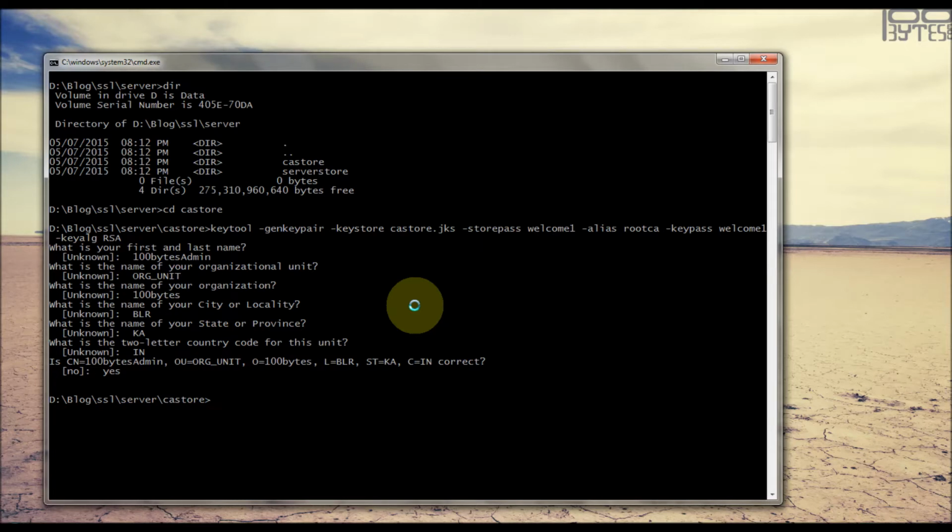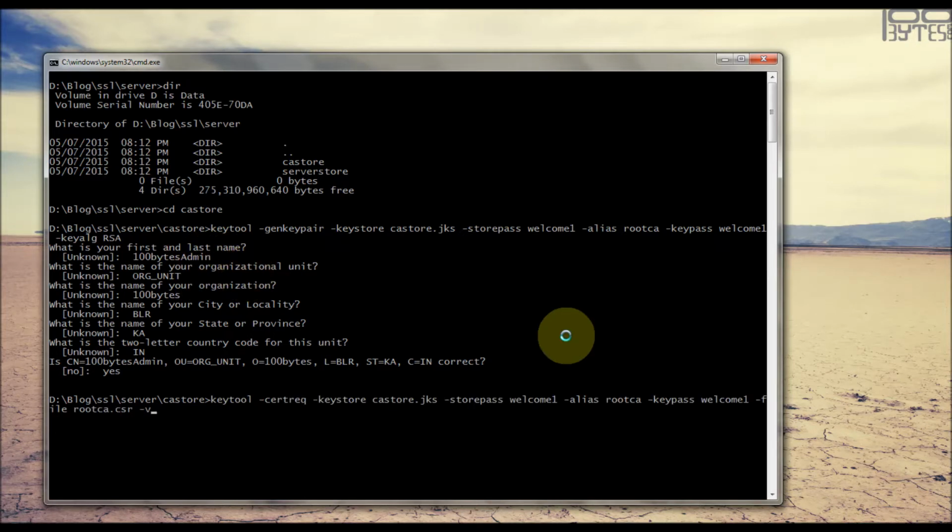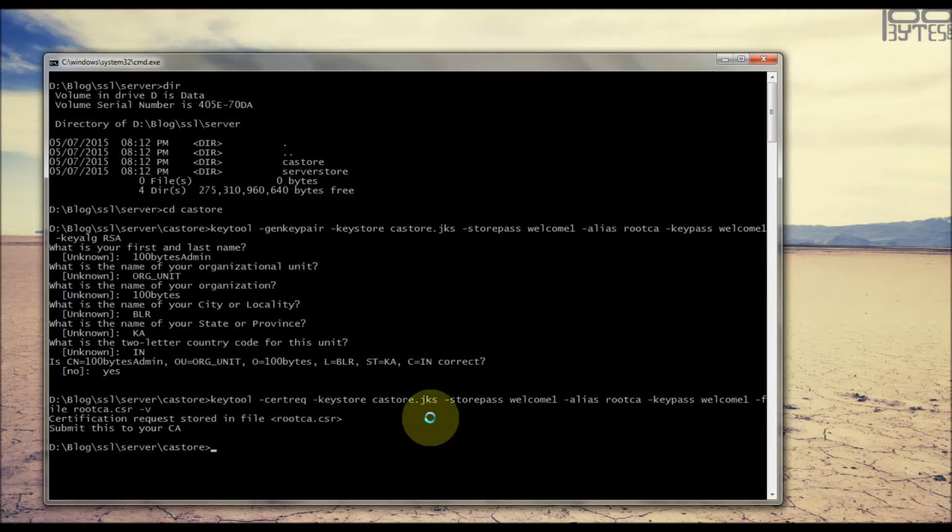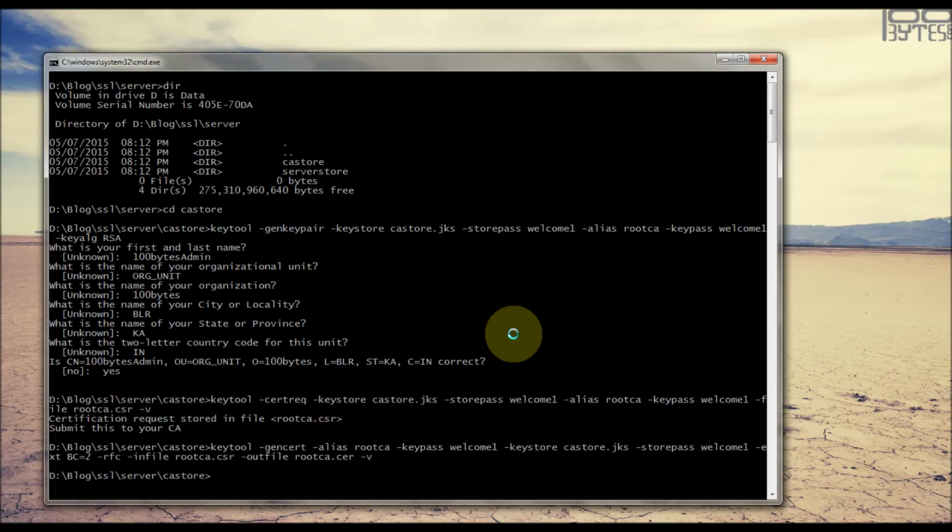So we have created a key store called CA store, where the alias is root CA and the subject is 100bytes admin. This is actually the root CA. Here we are generating a certificate request for our alias root CA, and this is a self-signed certificate. We generated the certificate for the root CA, and it is signed by the root CA itself.